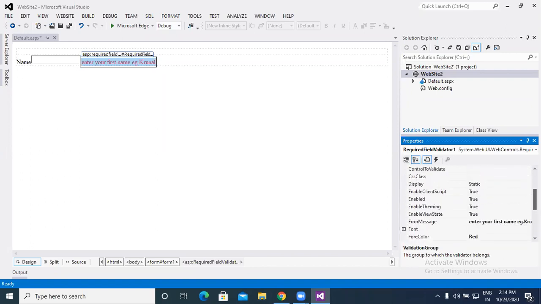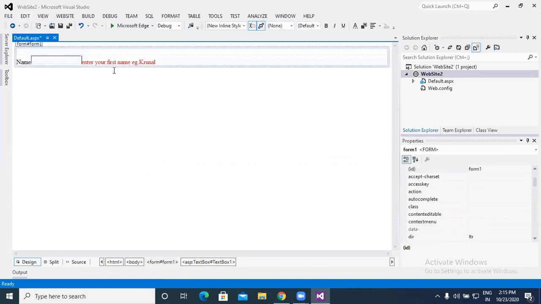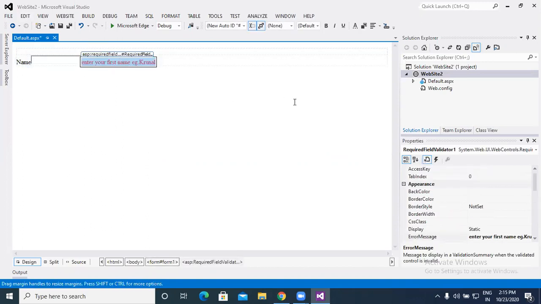Now the most important property: we can set the value of the text box and we can set this required field validator with it. The most important property is ControlToValidate, which is connecting your text box and your required field validator.